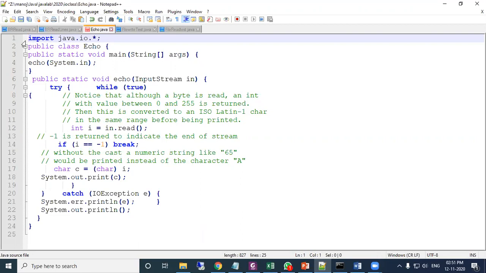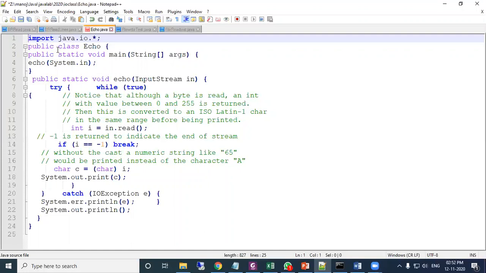You may note down, for input output purposes, file or stream programming, we need to write import java.io.*, so that all the input output classes will be imported. And here you see the program.